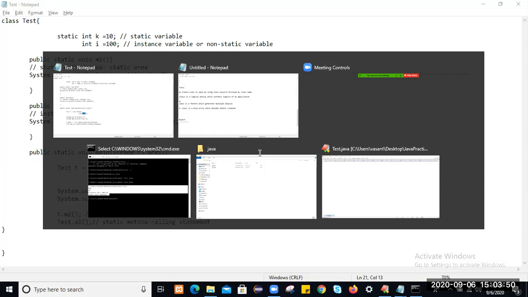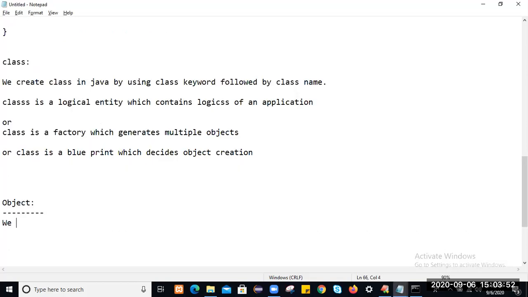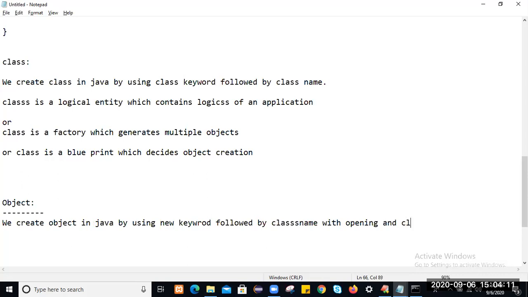We create an object in Java by using the new keyword followed by the class name with opening and closing parentheses. Like that we create an object.